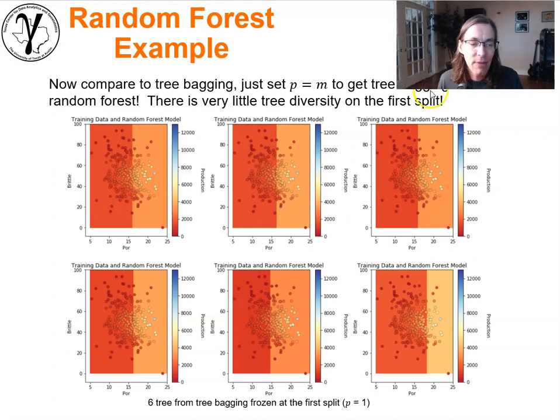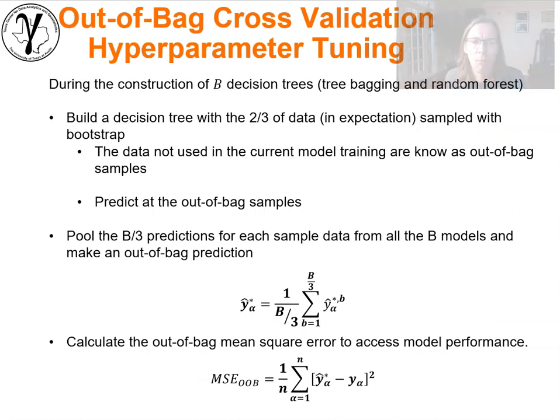We have to limit it to only consider a subset of the features. Look at this. This is so similar to each other. Most of the time, it's almost the same thing. Okay, so random forest, a simple tweak. We're only considering a subset of the predictor features when we're trying to identify the very next greedy split in building a tree. Let's talk a little bit more about out-of-bag cross-validation, or out-of-bag testing, for hyperparameter tuning with ensemble